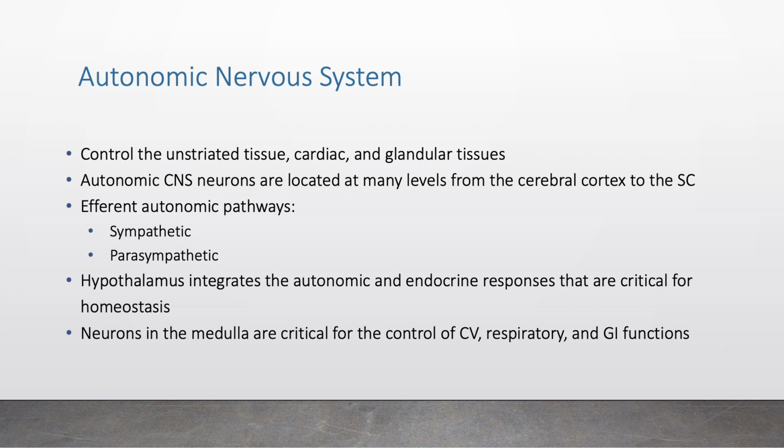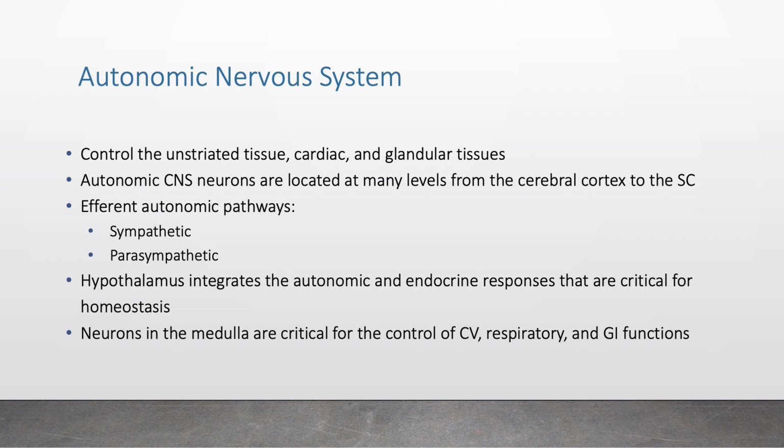The autonomic nervous system controls unstriated or smooth muscles, cardiac muscles, and glandular tissues throughout the body. It consists of efferent pathways, including sympathetic and parasympathetic nervous systems, which regulate involuntary functions such as heart rate, blood pressure, digestion, and glandular secretion. Autonomic neurons are located at multiple levels from the cerebral cortex to the spinal cord, with critical control centers in the